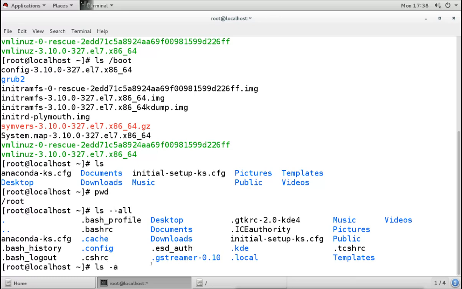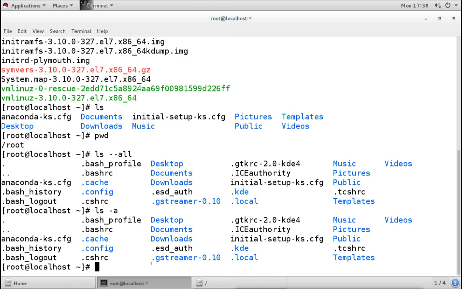That will do the same thing. So it is doing the same thing which this full option is doing. So we have two ways. First, we have the full length option, like hyphen hyphen all, and for the shortcut we can use hyphen a only.